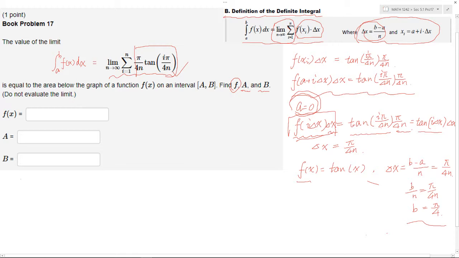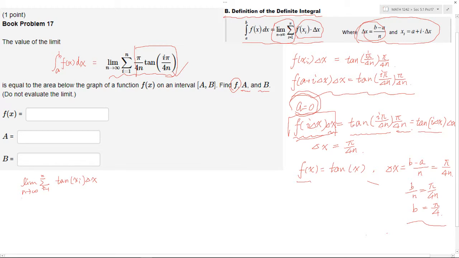So we have limit n goes to infinity, summation i equal to 1 to n, f of xi becomes tangent of xi, then times delta x. And since delta x is pi over 4n,